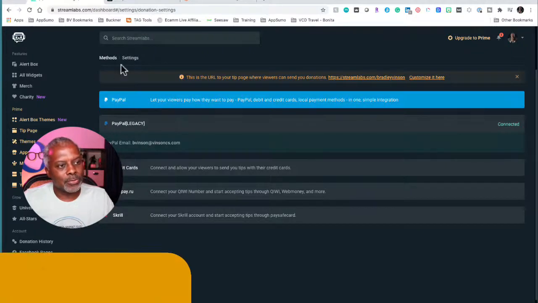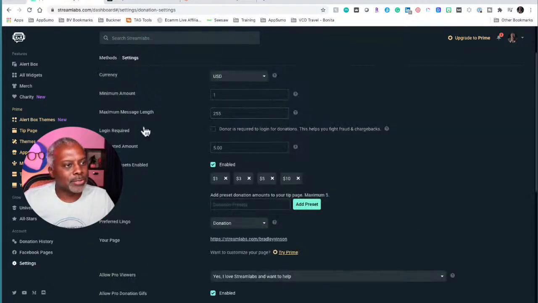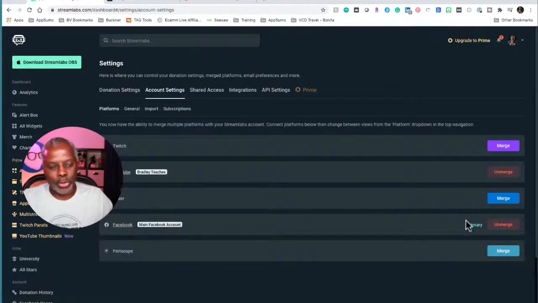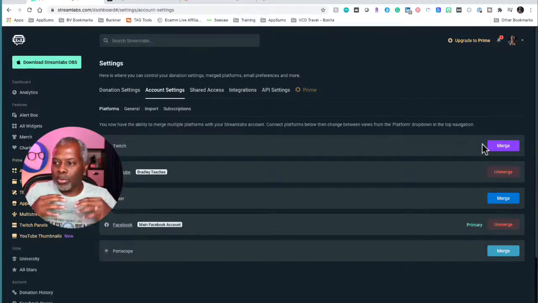Settings, settings, account settings, and then merge your accounts, right? So that's what you need to do to get it all working and have your main interface ready to go